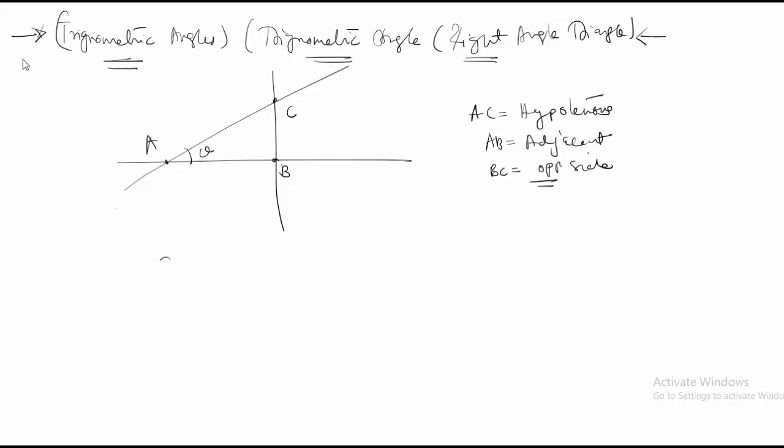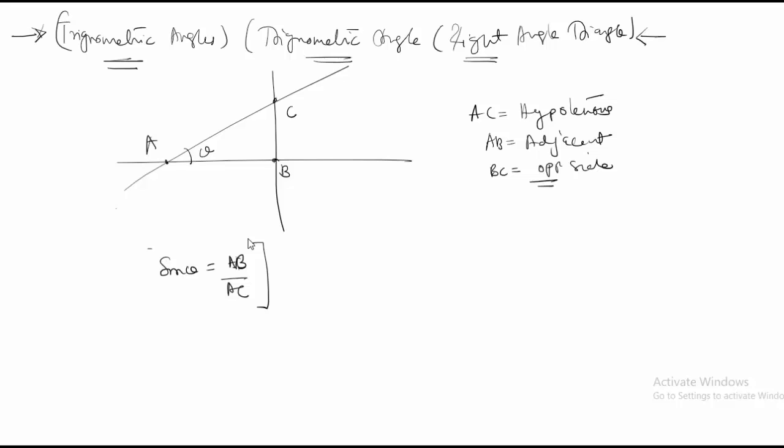So my sine theta is defined as my adjacent divided by my hypotenuse, which is AB upon AC,